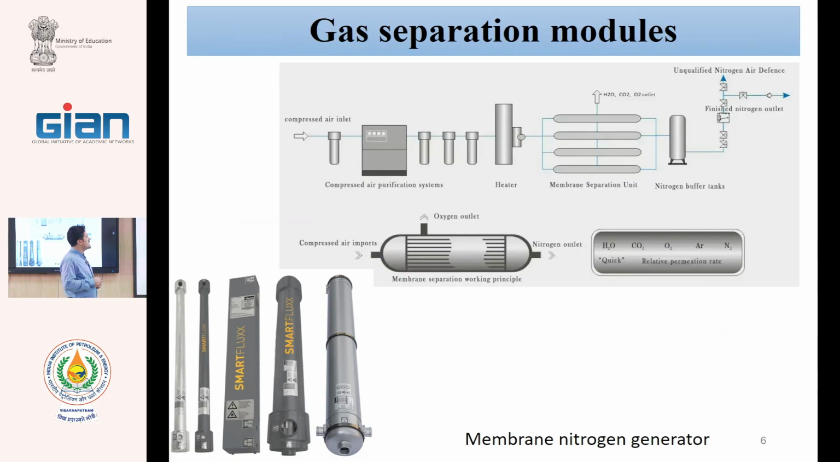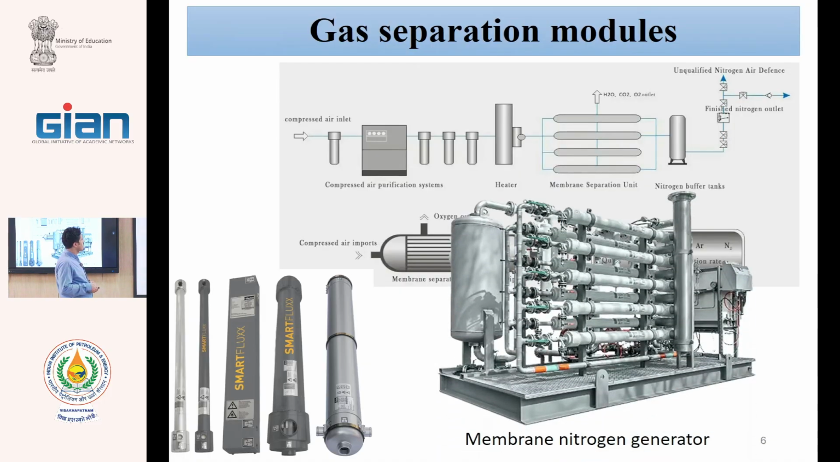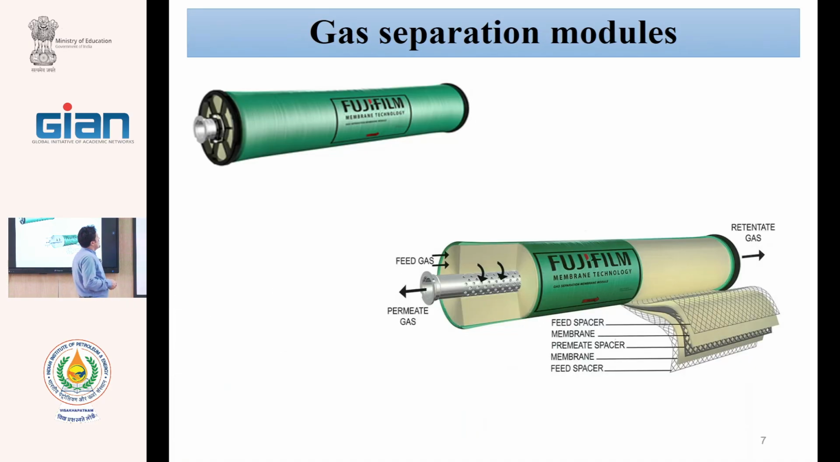If we need heat, we increase the temperature, go to the pressure vessels, and separate the gas into two different lines. And this is the real picture. This is the real